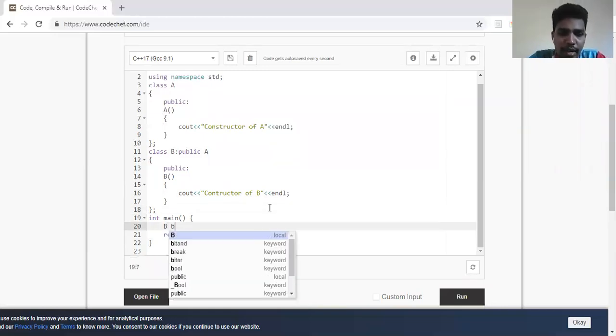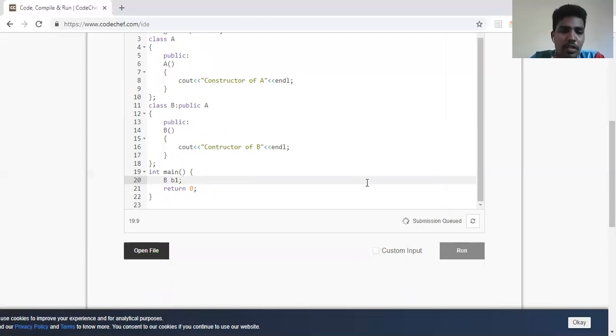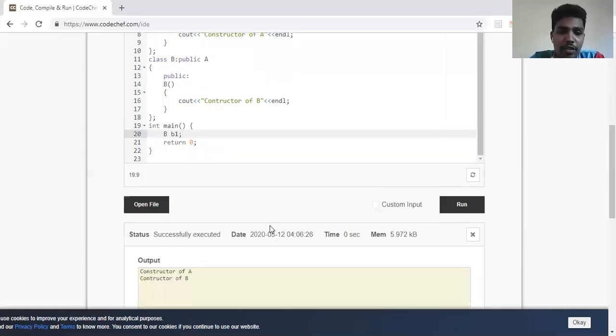As you know, whenever I create an object of a particular class, the constructor gets called automatically, and it calls its parent class constructor. So we'll see just the single line of object creation. How does it show me the output? You can see here, it prints constructor of B and constructor of A both. I never created an object of A, but automatically it was called.